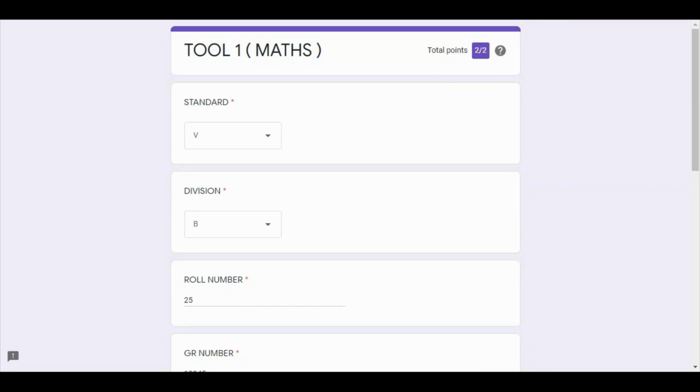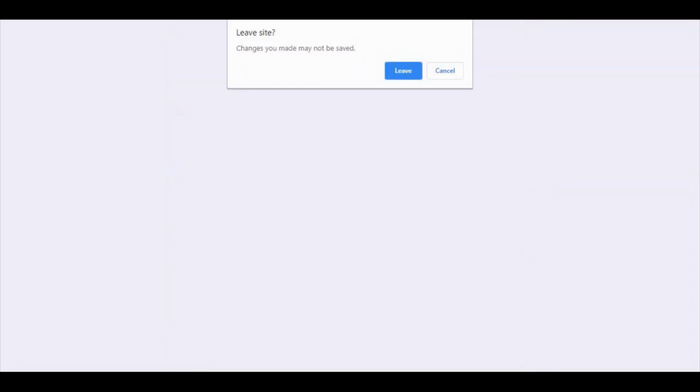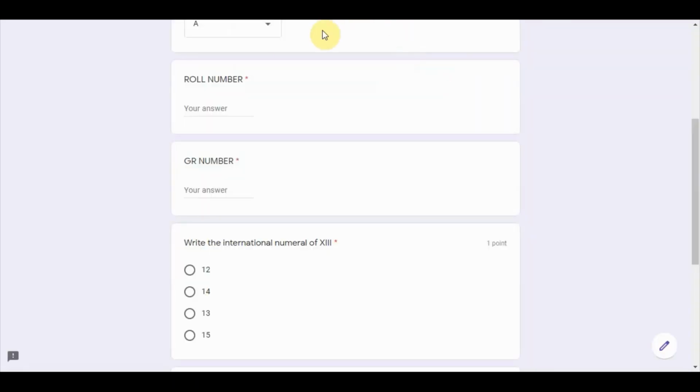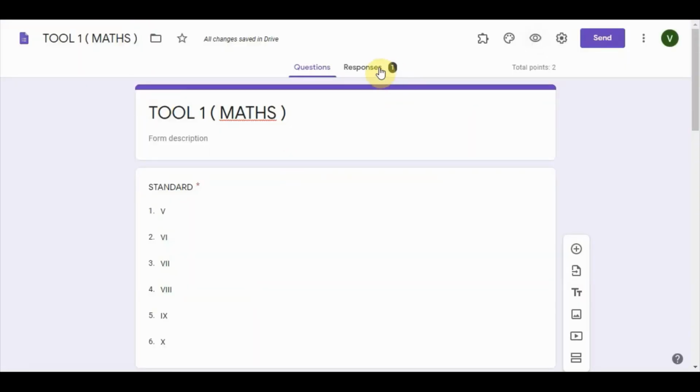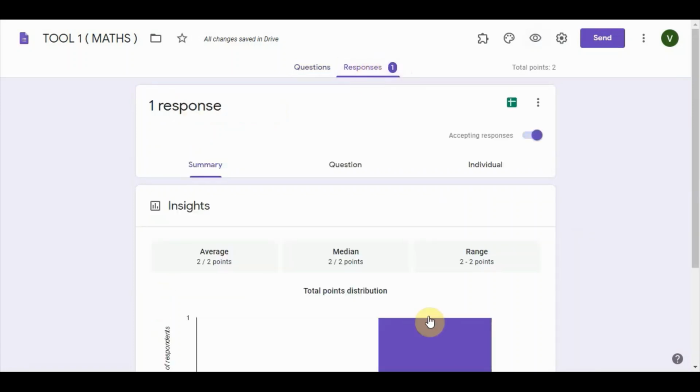Now I am going to show you how you can see your responses in the sheet. Go back to your home page. See, the response count is 1, which means one student has already entered, that is myself. Click on the responses. Here graphs and everything will open, but that is not necessary for us.